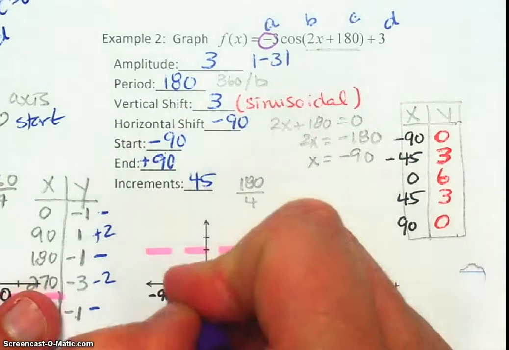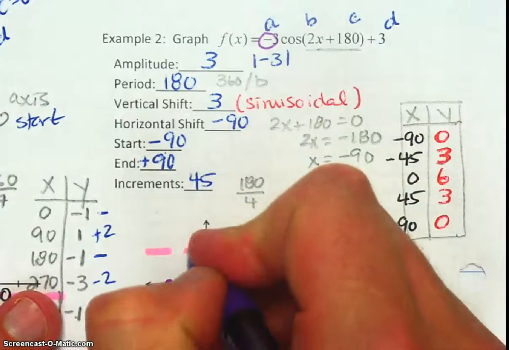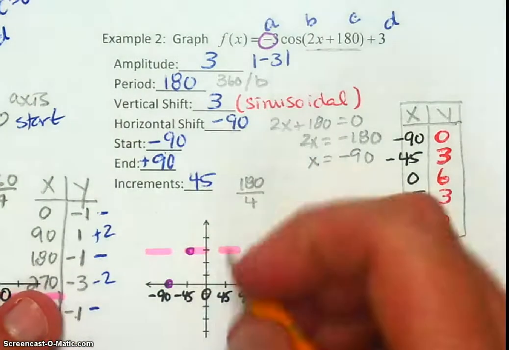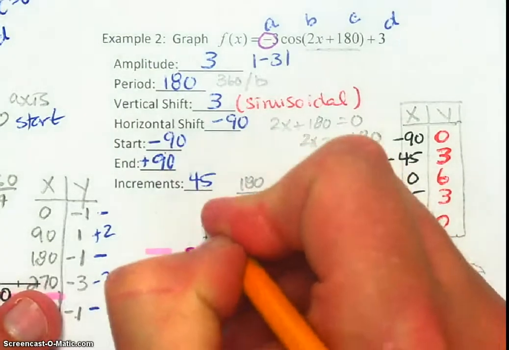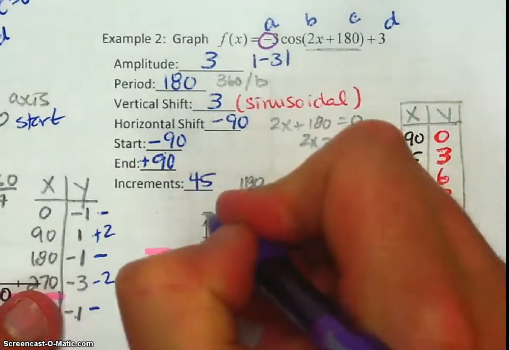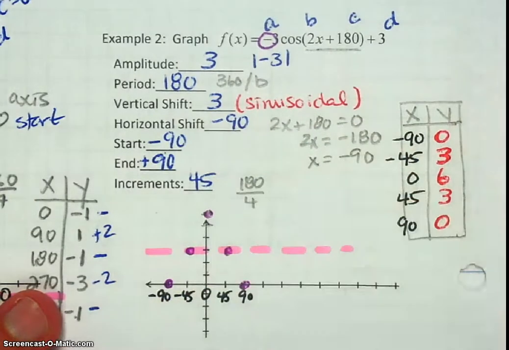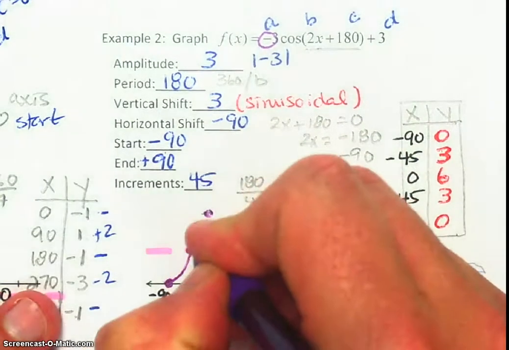So I've got negative 90, 0, negative 45, positive 3. Notice that is on the sinusoidal. 0, 6. I got to extend my graph a little bit here. 45, 6. There, and then 45, 3, and then 90 back at 0. So now my graph looks like